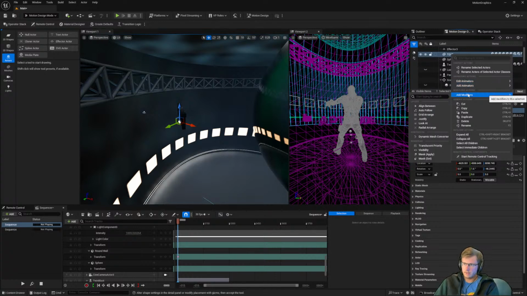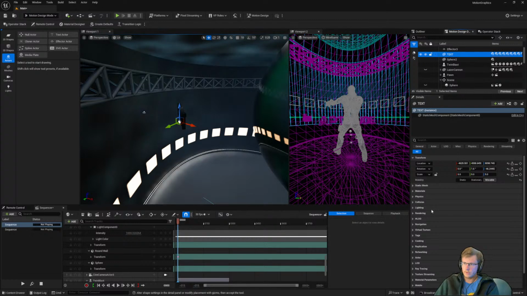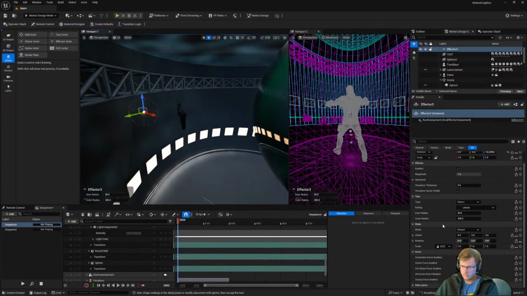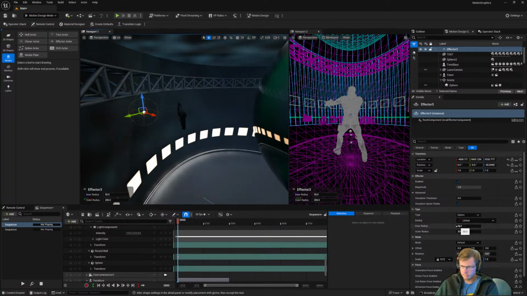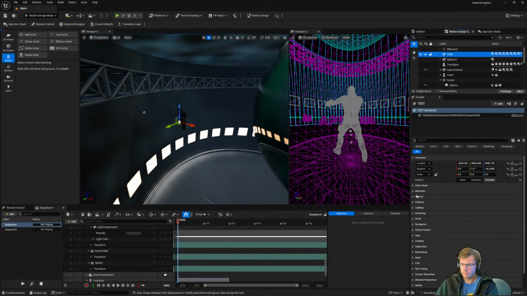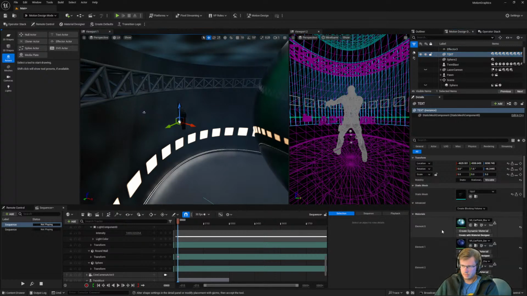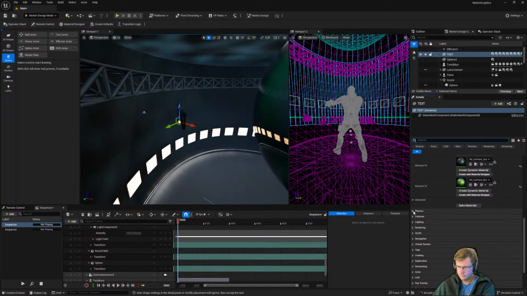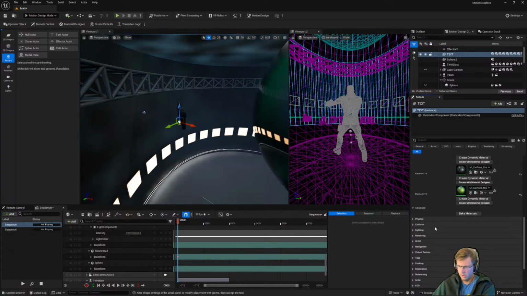Add motion design, right click, wait, add effector. Oh. Static mesh. Huh? Oh?